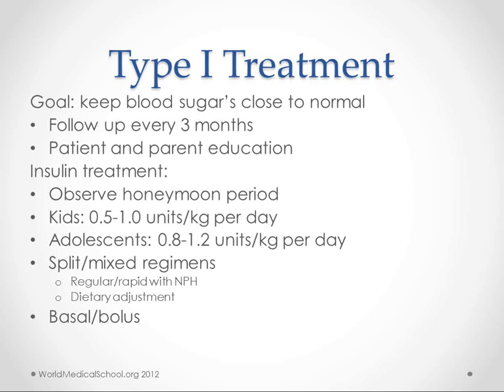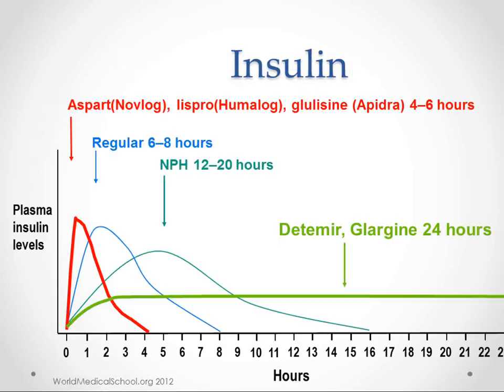Kids get 0.5 to 1 unit per kilogram per day. Adolescents a little bit more. We have these different types of regimens that we used, the split mixed and the basal bolus. And these are based on the different types of insulin. So the regular insulin that we have